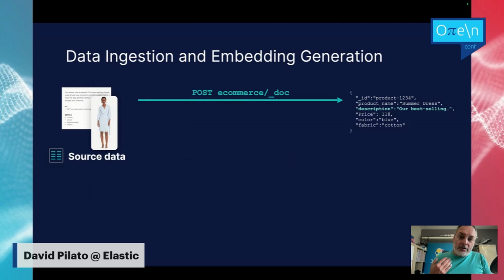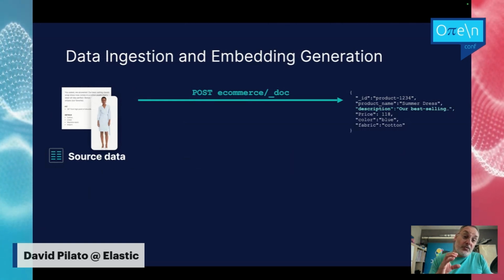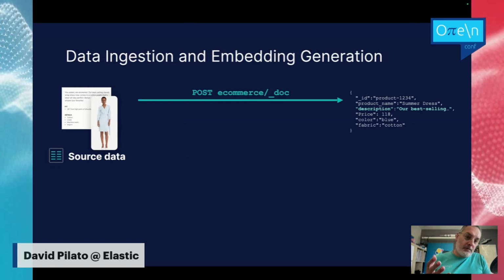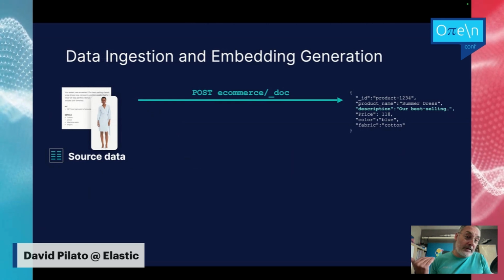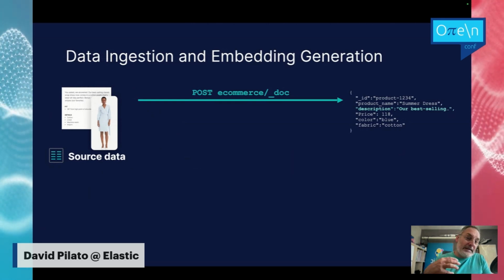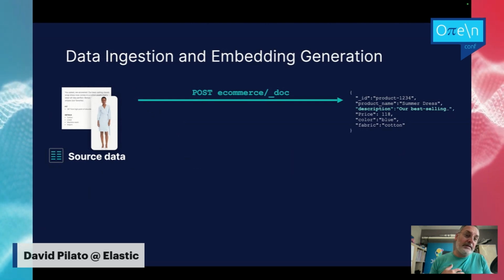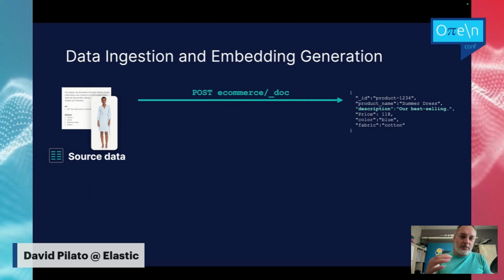When you are sending a document to Elasticsearch, you are posting a JSON document, which represents your data. Here, I'm sending a text within the description field that we saw before. And what is going to happen behind the scenes? It's exactly the analysis process that I mentioned at the beginning of this session, where we split into tokens, do lowercase, and all those things.